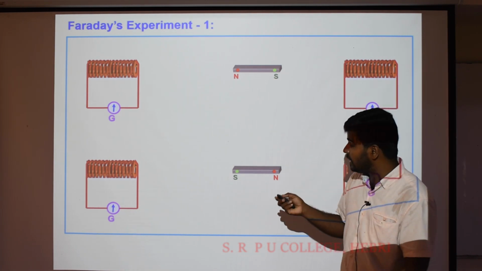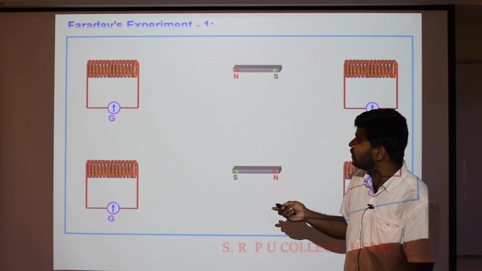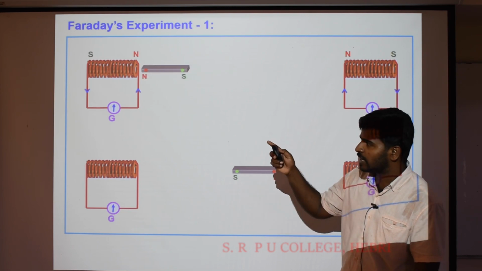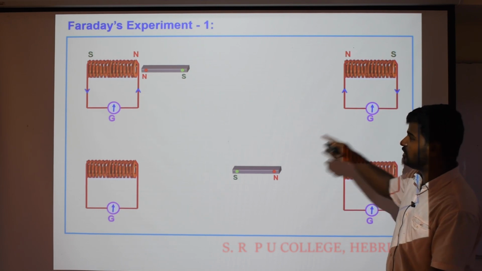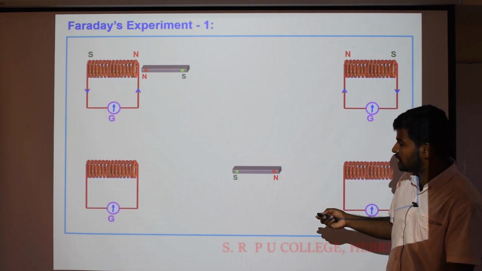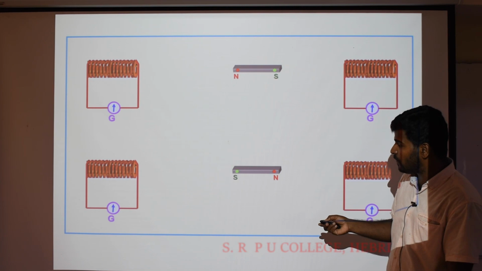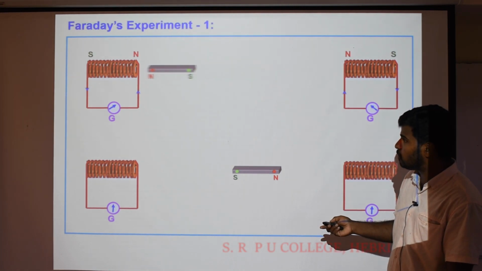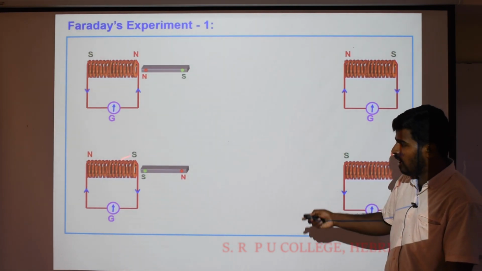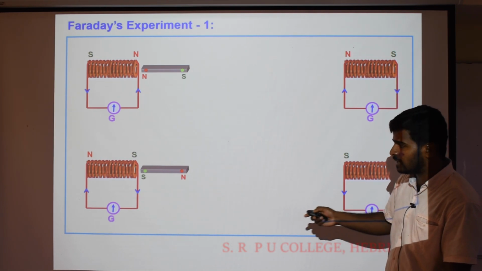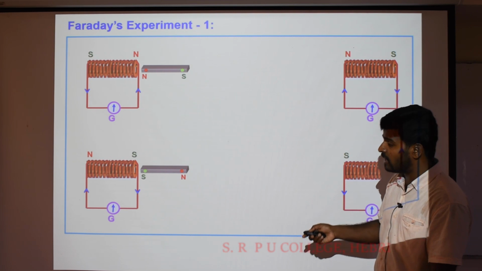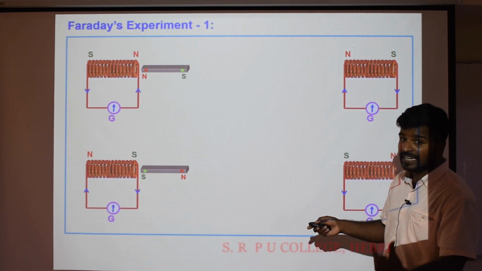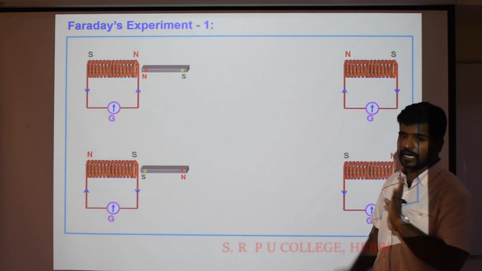Is it clear? The direction of the current is given. See here, the direction of the current is given in the opposite direction. Suppose you move it in the opposite way, then look, the direction is just opposite to the first one. Or if you consider the south pole of the magnet, a similar effect is observed when we move the south pole of the magnet in the second diagram. See here, when we move the south pole of the magnet, again the magnetic flux across the coil varies. Therefore the galvanometer shows a momentary deflection, which indicates there is an induced current in the coil.